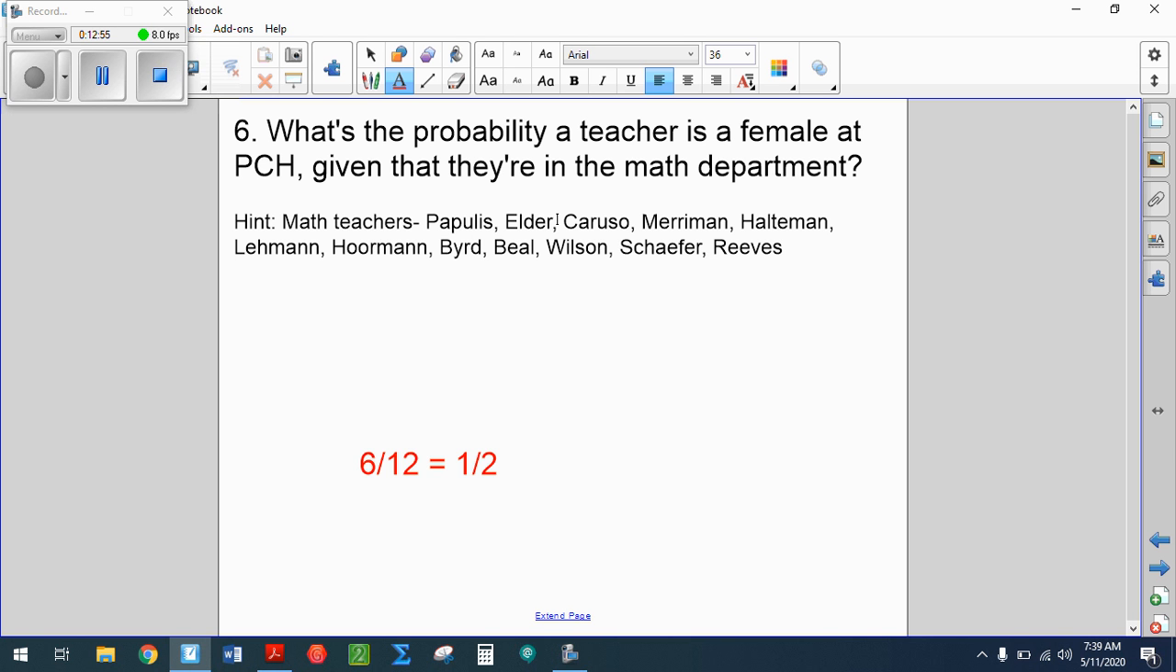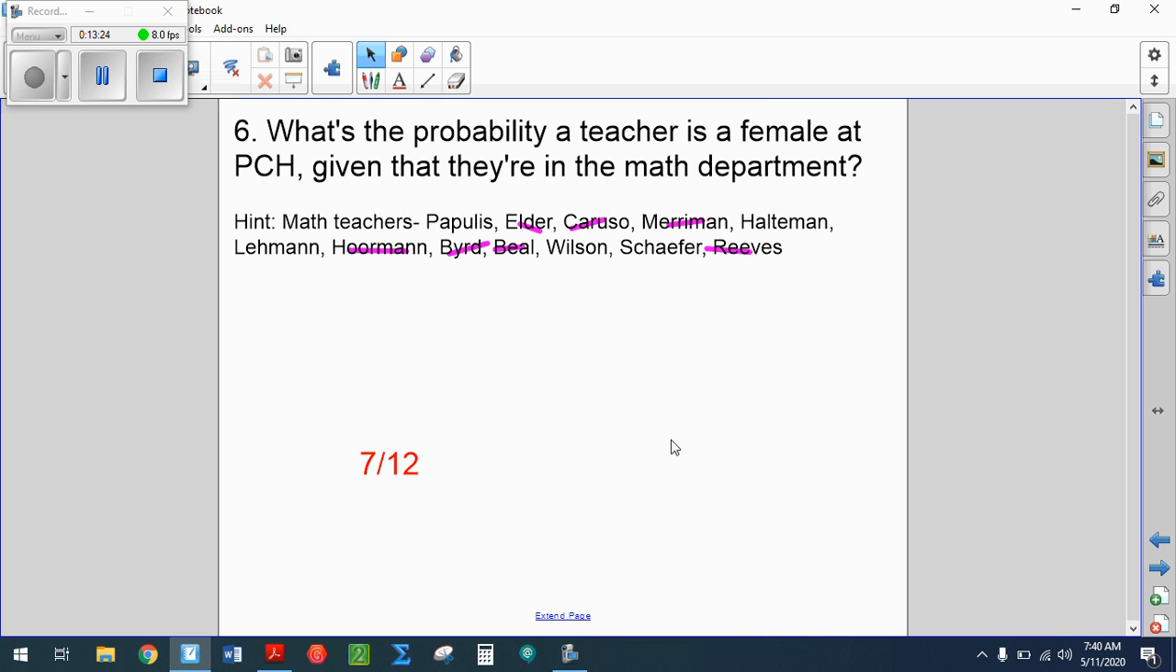Papulus is male, Altman is male, it's 2, Lehman's male, it's 3, Wilson's male, it's 4, Schaefer's male, it's 5. So who did I miss? I may have missed Bird. Let's go with 7. So Elder, Crusoe, Merriman, Horman, Bird, Beal/Jafari, and Reeves. So 7 out of 12. 7 out of 12 is not 1/2. And that's it for conditional probability and using